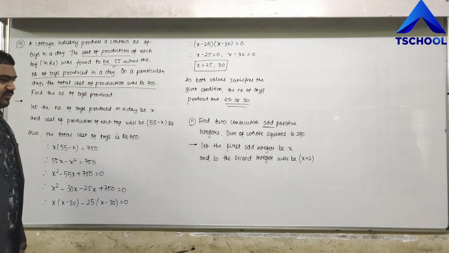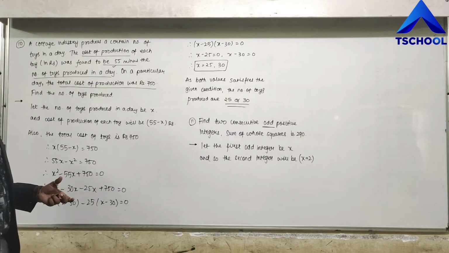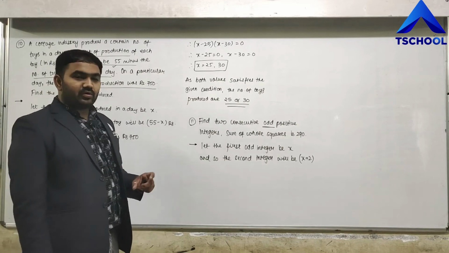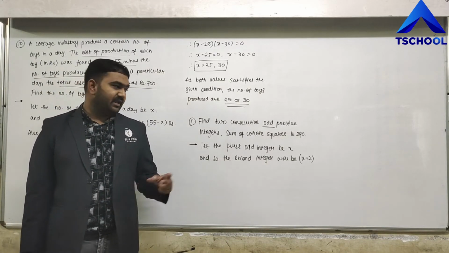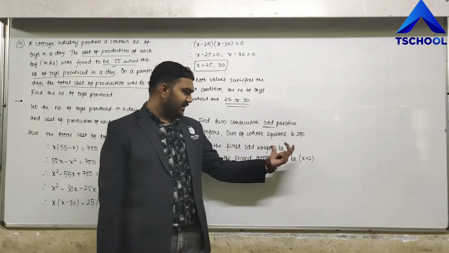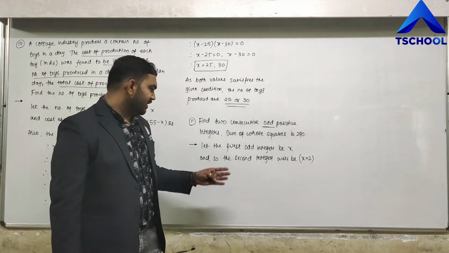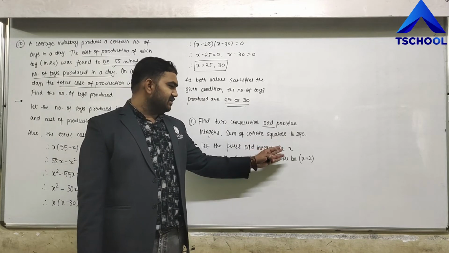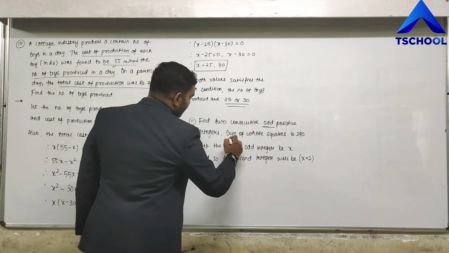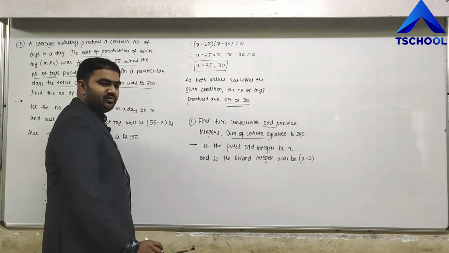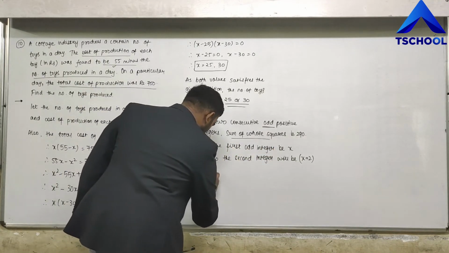Is it clear? So we have taken x plus 2. If it is asked to find two consecutive positive integers, rather than talking about odd or even, then we might have taken x and x plus 1. But here it is odd positive integers, so we shall take x and x plus 2. That means, again, the given condition is that the sum of whose squares is 290. Therefore